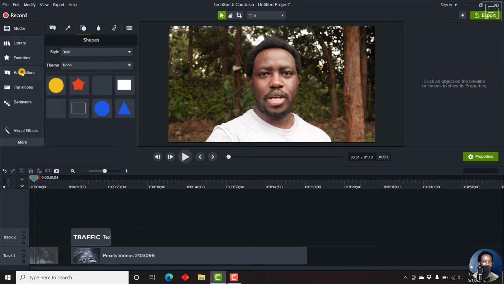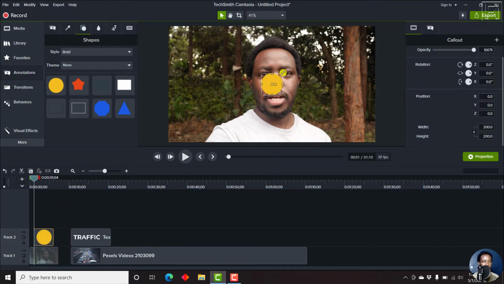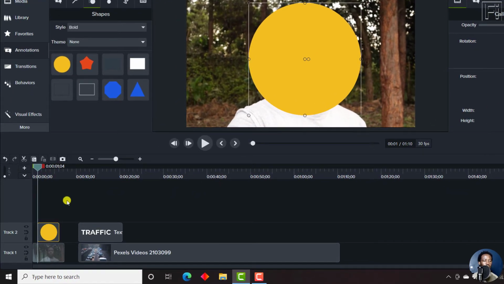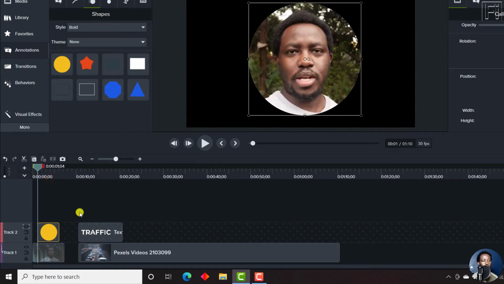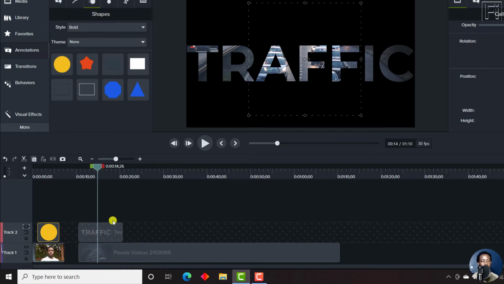For example, if I do it the way it was in Camtasia 2020 and just drop a circle on my face and then hold shift to make it bigger and also keep it as a circle, let's say we go up to there. What we do is click on the eye, right click, and then click on alpha. Once you click on this, you'd notice that the track would change color, and everything on this particular track would be affected. For example, I only wanted to apply that effect on this circle to give me a circular talking head, but it ended up interfering with the text on this section.